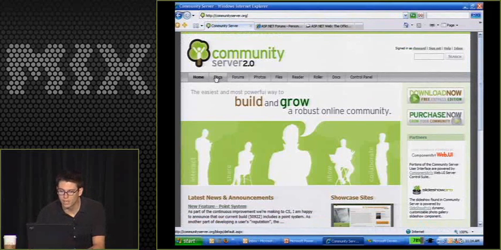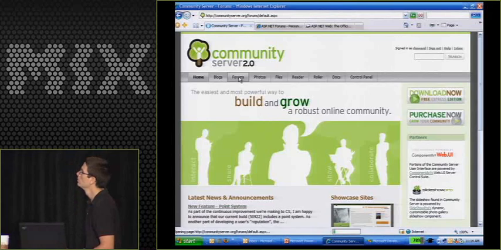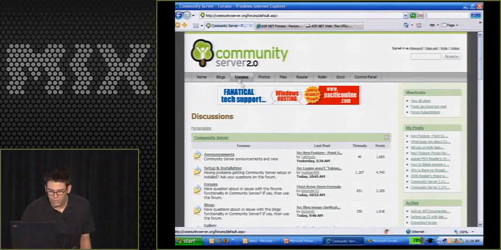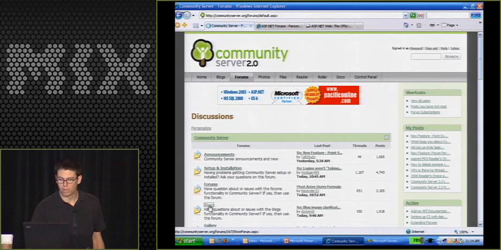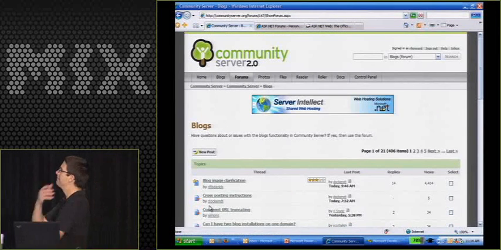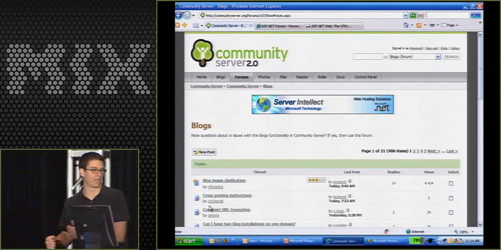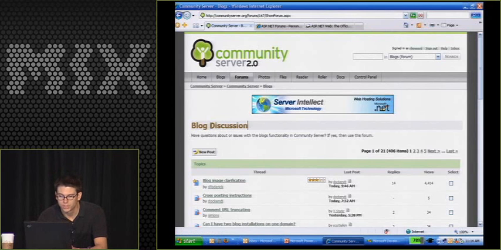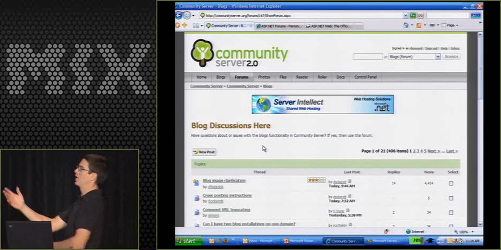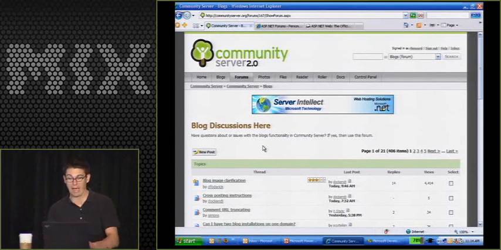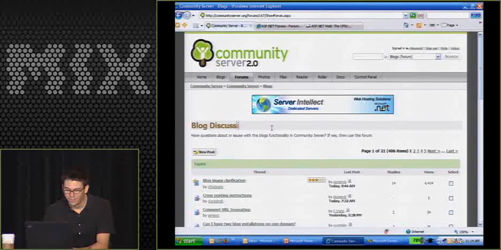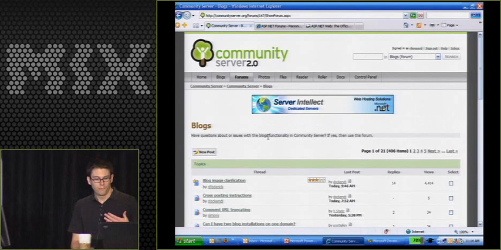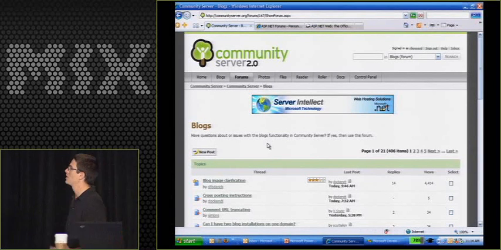where if I'm logged in, I can go over to the forums. And if I, by chance, decide, oh, you know what, I'm going to drill into the blogs forum and go, blogs really isn't a good name for this. I want to call it blog discussions here. Oh, I just actually changed it on the live site, so I'm going to change it back. But it's kind of cool, and I get the same thing on the description. So from a usability point of view, these are some of the things that we've been trying to think about